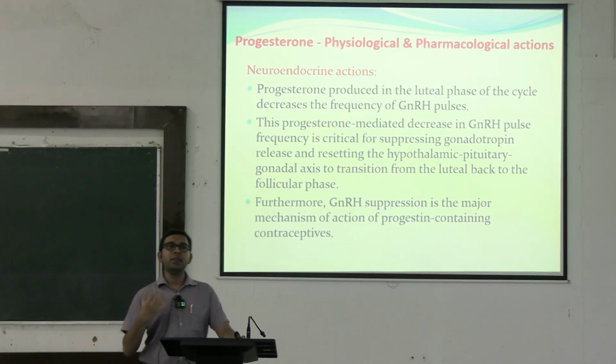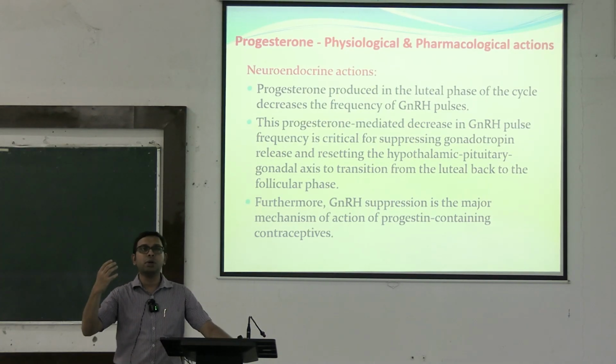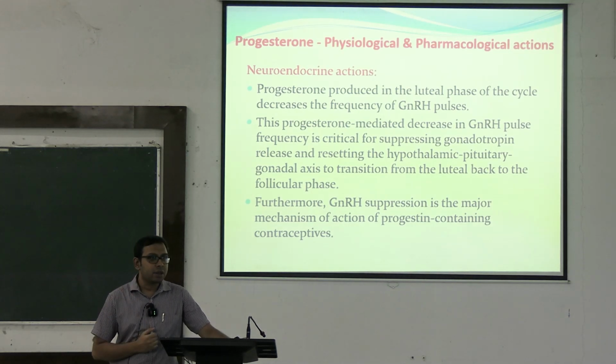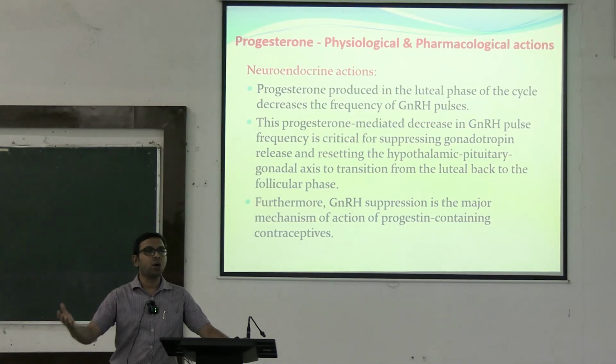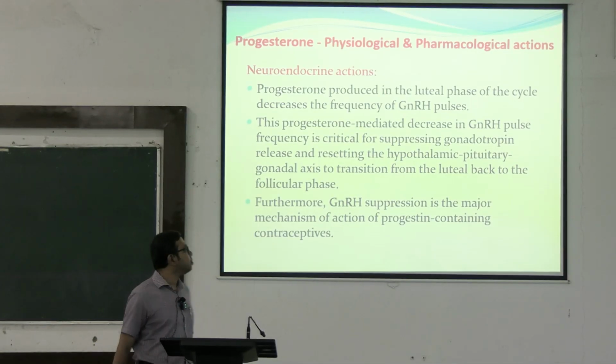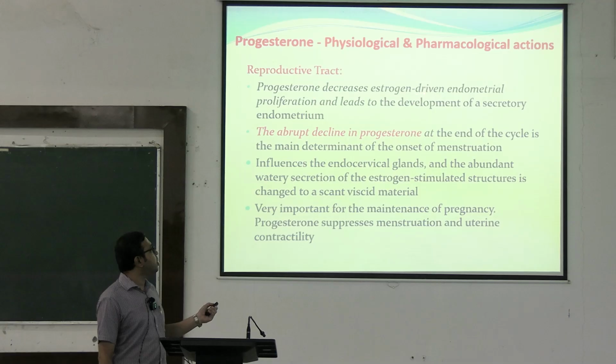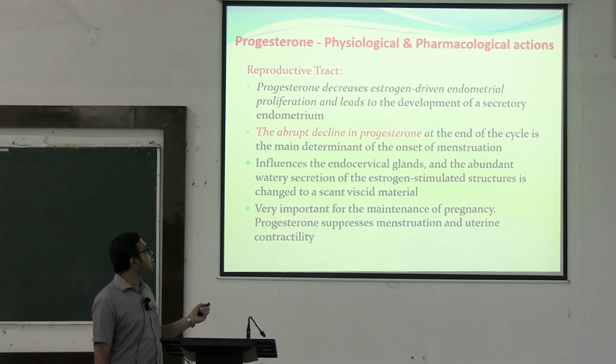So it is easy. When the gonadotropin releasing hormone secretion is decreased, FSH and LH release from the pituitary is also decreased. So there is less chance of ovulation, and therefore less chance of pregnancy. In the reproductive tract, progesterone decreases the estrogen driven endometrial proliferation and leads to the